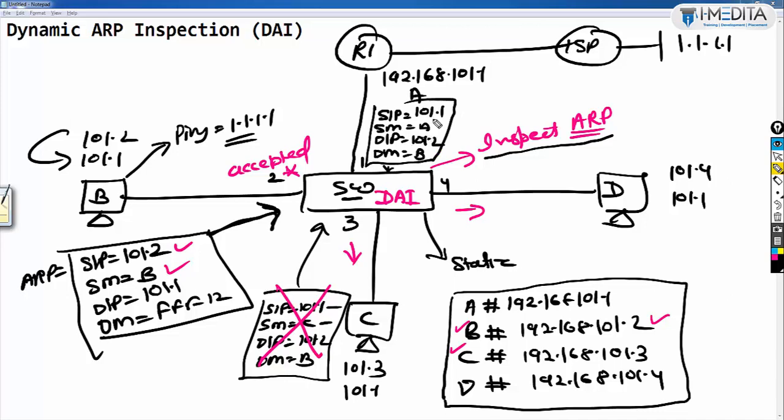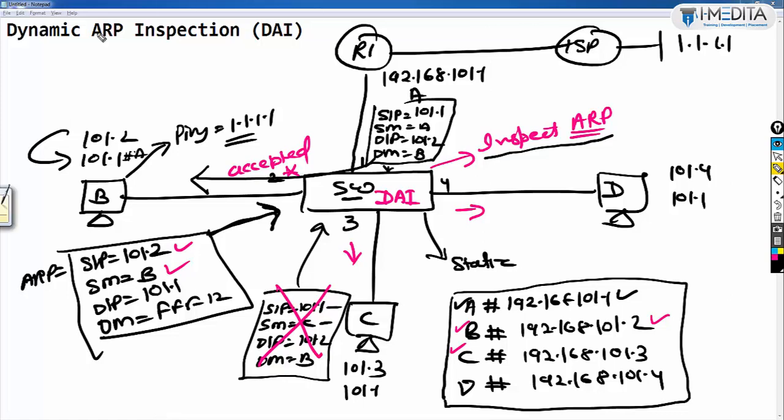A is holding 101.1. A matched 101.1, match, accepted. Then this information will be forwarded to B at MAC address B. Now it will learn 101.1 has MAC address A. Now you can see the attacker is not able to perform ARP poisoning or a man in the middle attack.